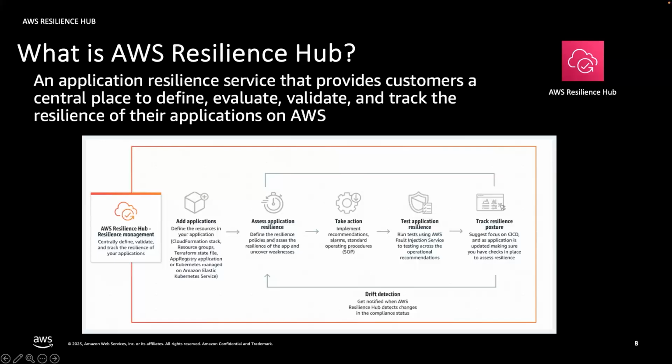And then you can run repeated automated tests against that environment using the AWS Fault Injection Service to give you the ability to simulate things like, what would happen if one of my availability zones is no longer available? Simulate that scenario and test out the actual application in your environment, log the results, and then record the test. So you have both the ability to register your applications and monitor their resilience posture, and also to test that on a continuous basis through